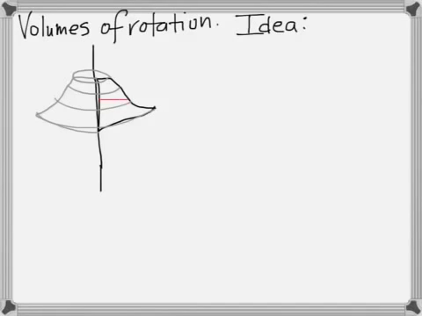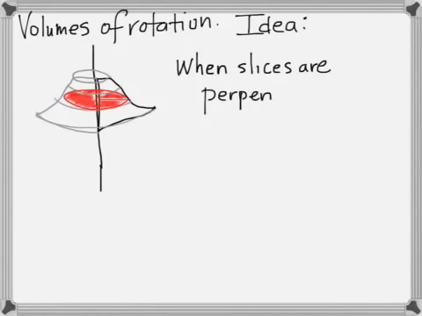So if I take a slice of this region horizontally here, if I were to rotate this slice, I'd get a disk. It'd look like this. This disk is just a filled-in circle. And so that's fairly easy to understand. I know how to get the area of a disk. So today, we're going to be looking at when we take our slices perpendicular